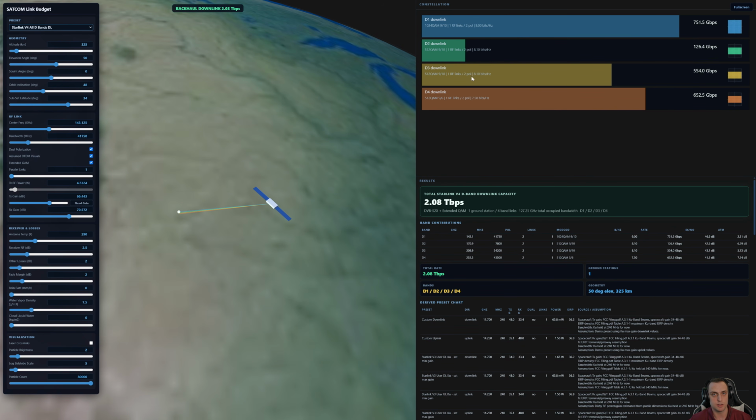If you add up the data rates from all of these links, it comes out to 2 terabits per second, and that's just for a single link between a satellite and a ground station. And that's really impressive because you could do all of this with a single parabolic antenna. And the existing Starlink V3 design has 4 parabolic antennas, and even then they're only getting 1.2 terabits of total